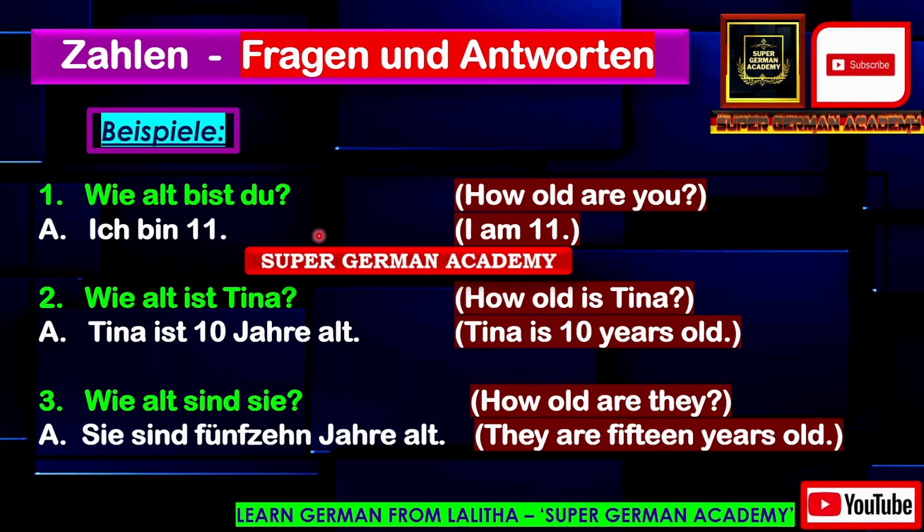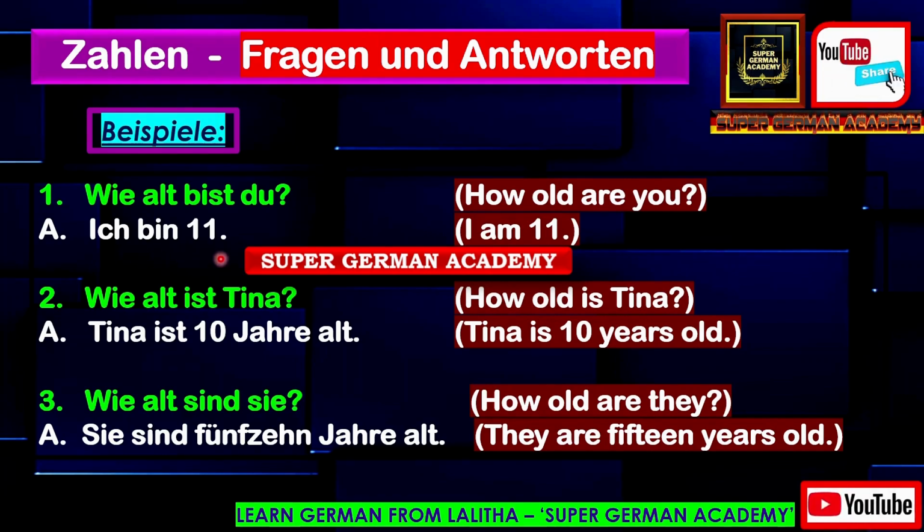Then he replies to us, ich bin elf. It means I am 11. Ich bin, the same verb you learnt about, bin. Same verb conjugation for ich is bin. So ich bin means I am. Elf means 11. Suppose you want to say I'm 11, you can say simply ich bin elf,